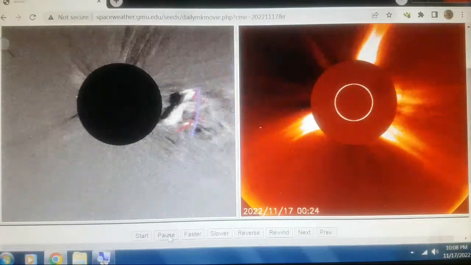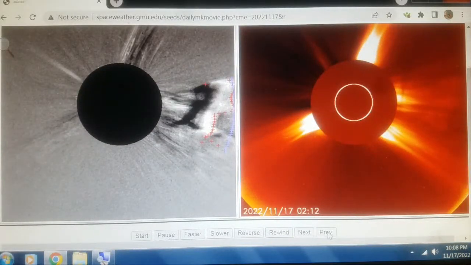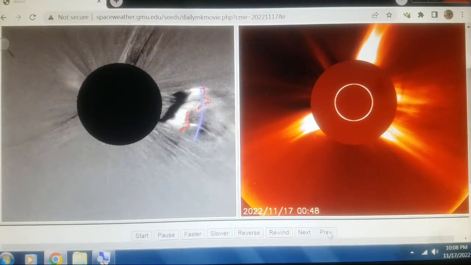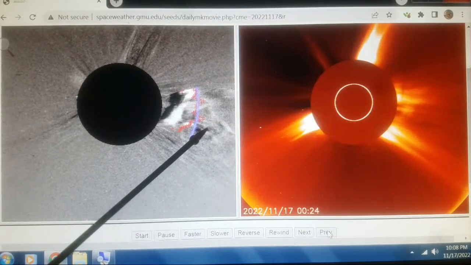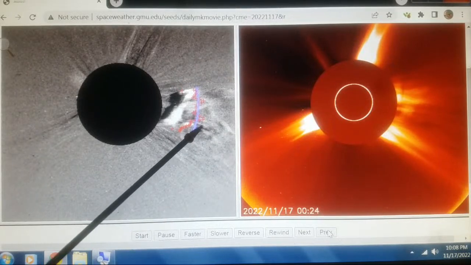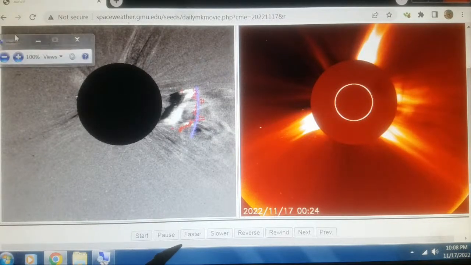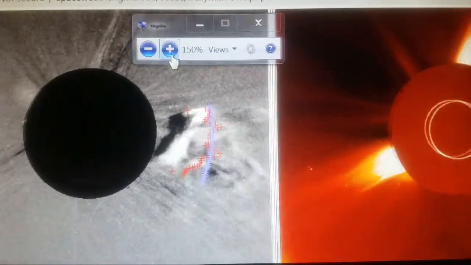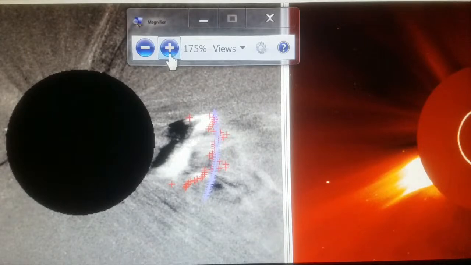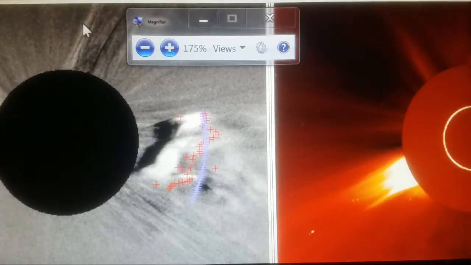So we'll pause on our first event here. Let's back up a few frames. The very opening frame here at 024. You can see we have a CME underway right here. What appears to be a black object is right here in front. And maybe we'll just start coming over here and zoom this in. So we got a good shot of the camera. All right, so as we progress through this,